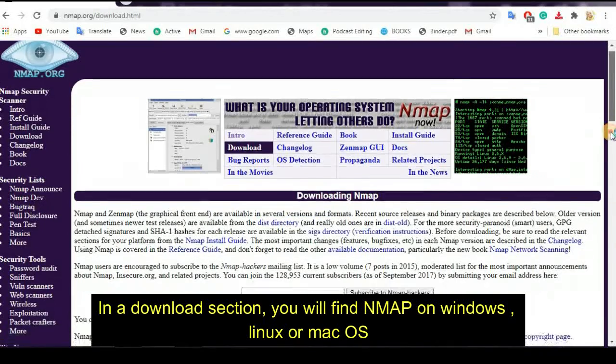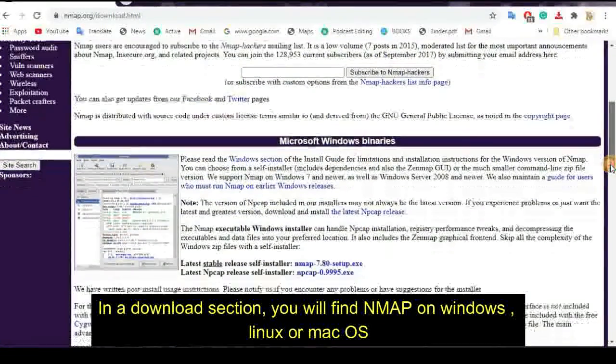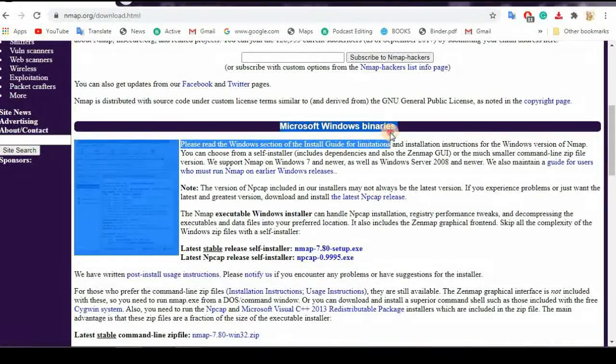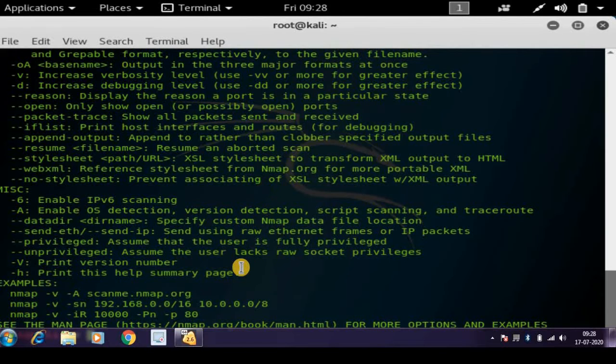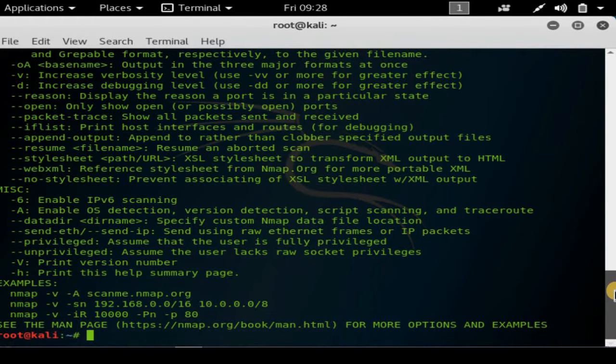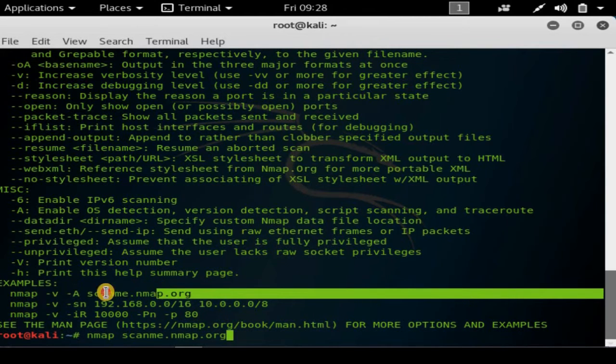Next, we will go to the command window. Let's see some basic examples in Nmap. Type the command nmap to initialize Nmap, followed by the URL we are going to scan. I am taking this URL as an example for scanning because permission for accessing this site is already given and it is open for all.